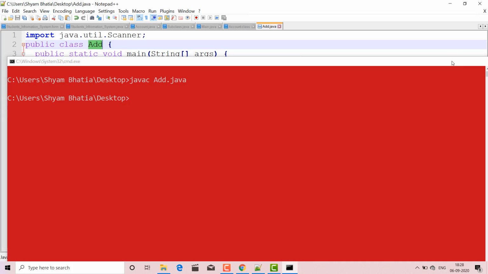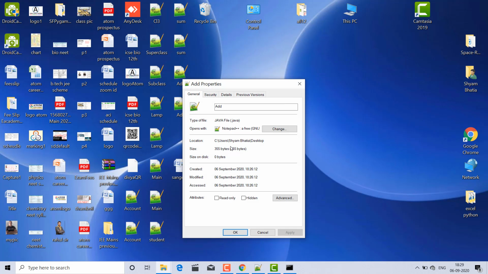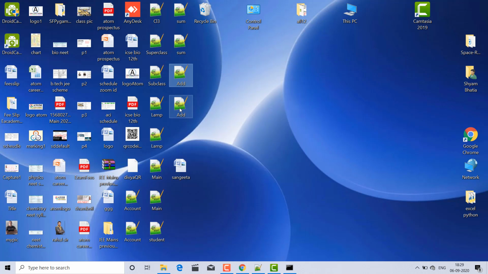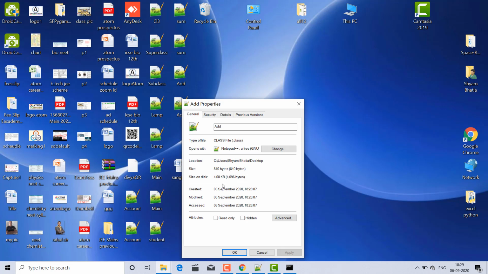You can go to my desktop, and this is the class file Add, and this is the Java file. If you go to the properties, you will find it is the .java file, but this other Add file, if you go to the properties, you will find it is the .class file.